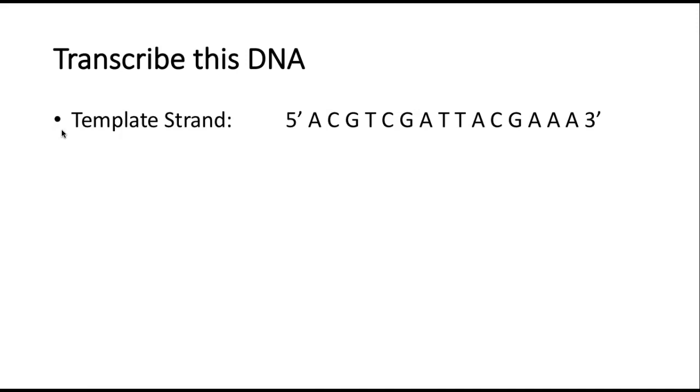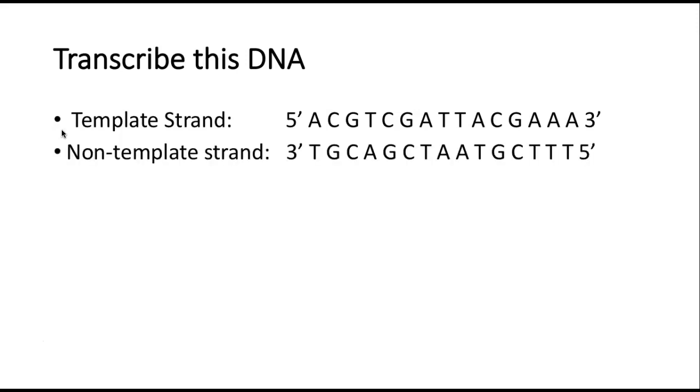Okay, the next thing is I tell you to transcribe it. So what are we doing here exactly? We're going from nucleotides to nucleotides, and we are making a transcription, which means going from DNA to RNA. So basically what you should come away with is, whenever I see an A, instead of a T, I'm going to put a U because we're now making an RNA, and then G's and C's go together. So hopefully you should make something like this, where you've got 3' to 5' because it's anti-parallel.